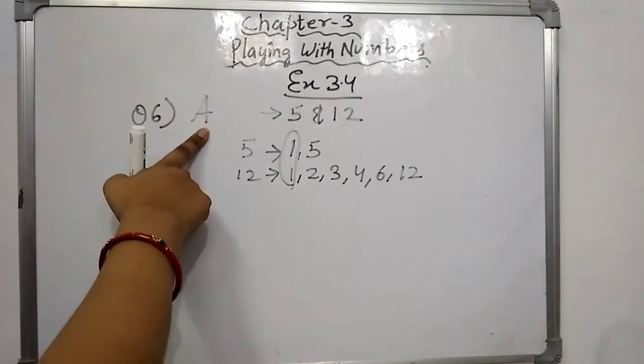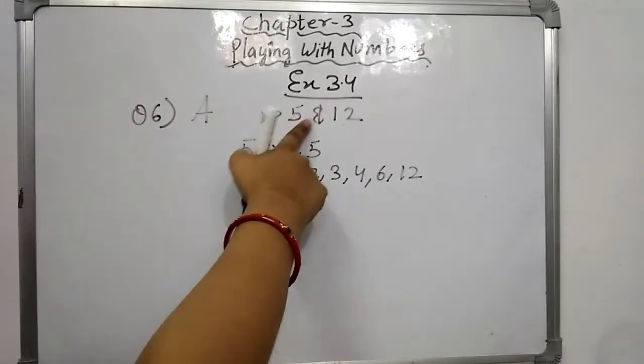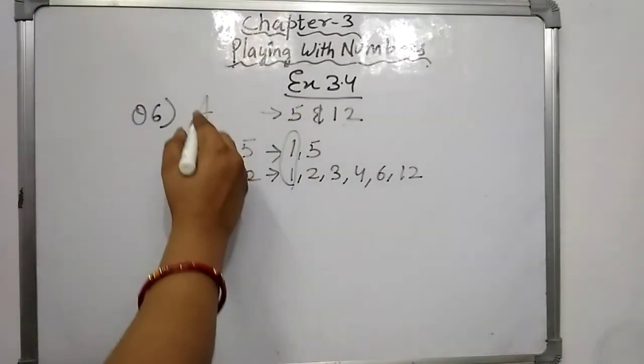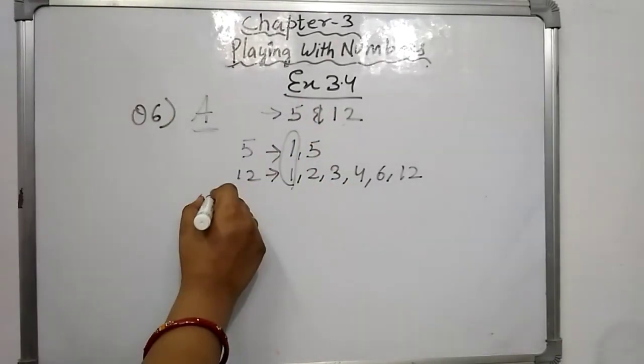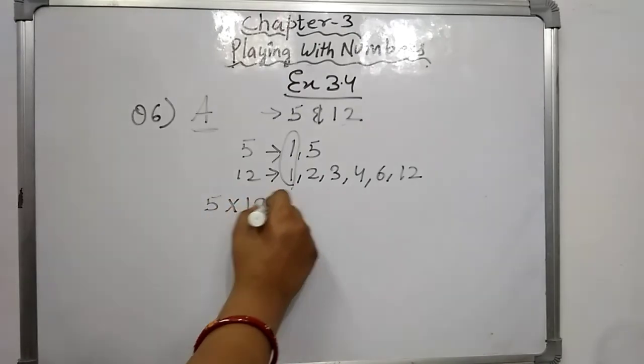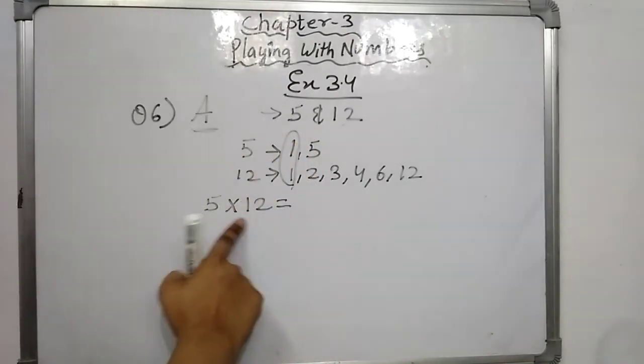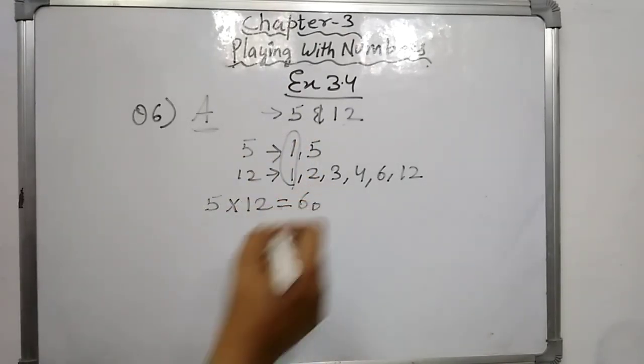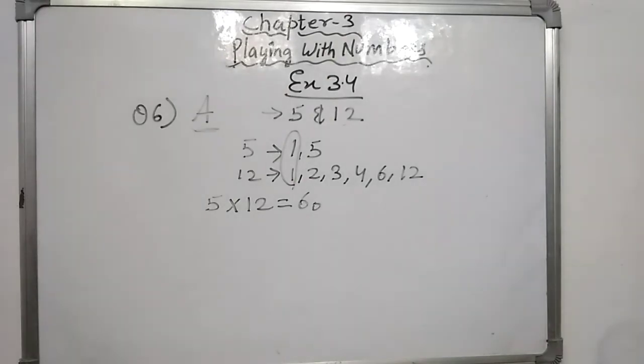So when any number is divisible by both co-prime numbers, this number will also be divisible by the product of these co-prime numbers. So the product of 12 and 5 is 60. And it is asked in the question, by which other number will that number be always divisible? So 60 is that other number by which this number A will always be divisible.